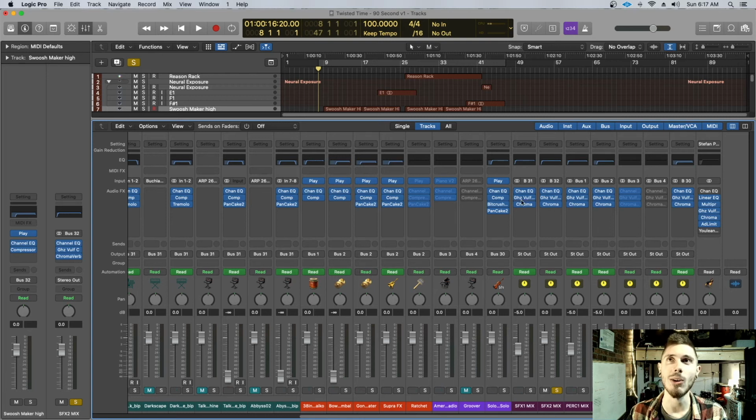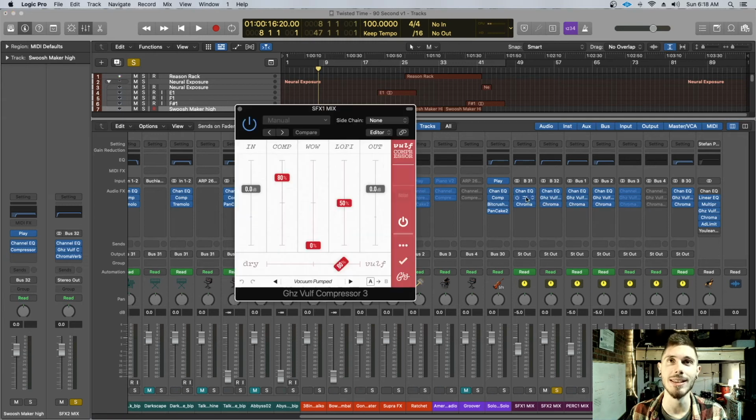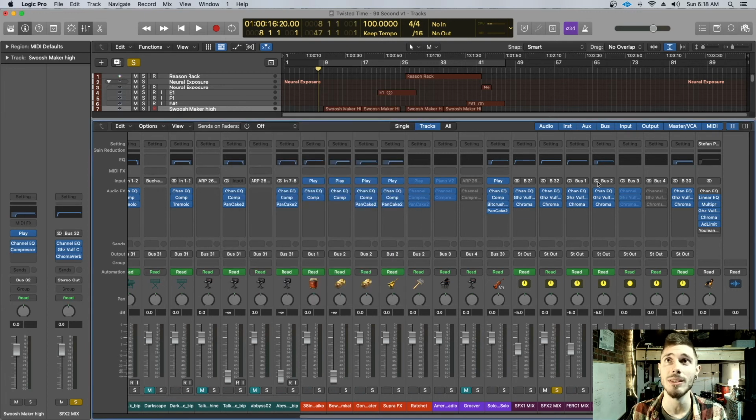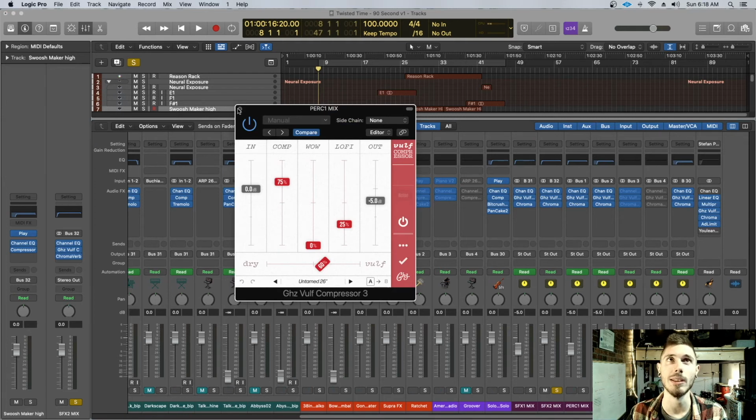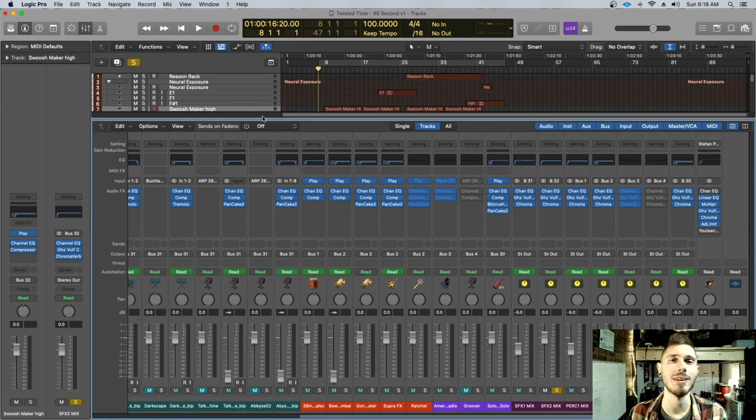But I always use this plugin at least a little bit in my submixes. In these cases, I've got them set pretty high, 80%. That's just a mix knob. This really colors the sound in a really interesting way, and it just wouldn't sound the same without it. Lastly, using